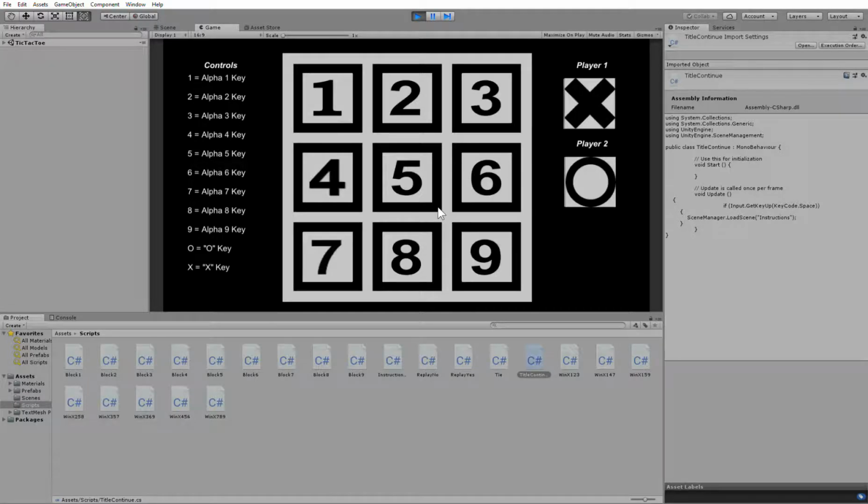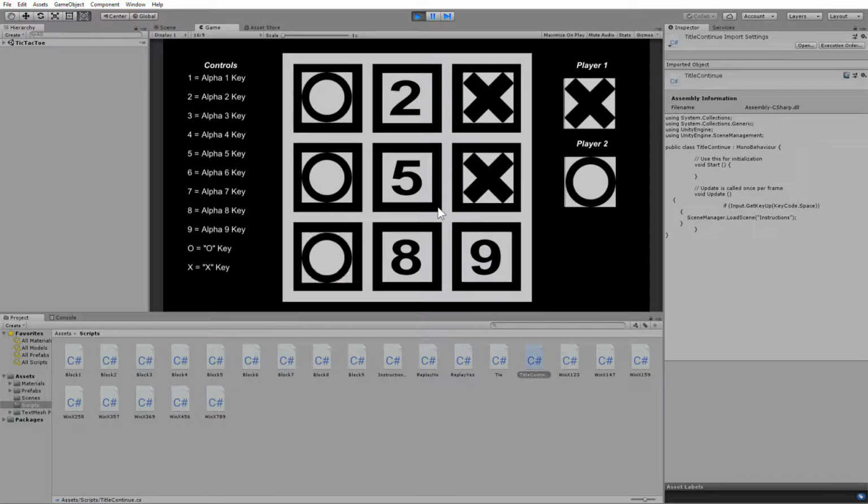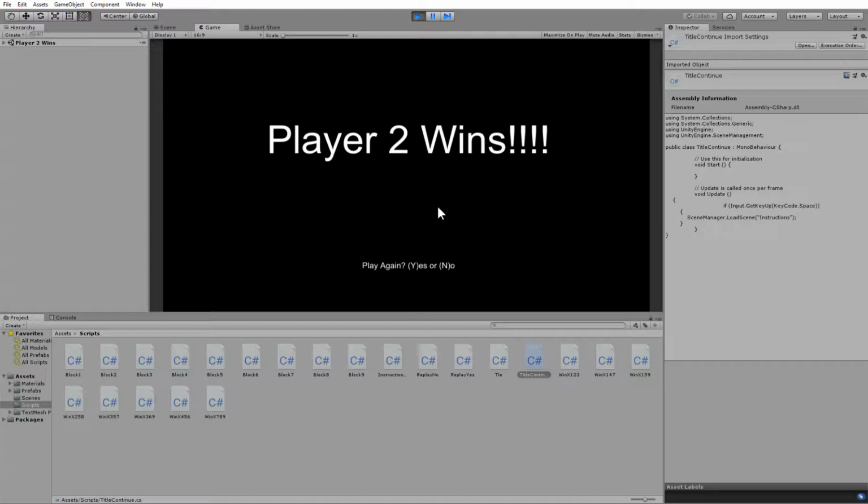So let's try O. Okay, as I say, O can start first too. So let's let O win a round. O wins, player 2 wins. And then it gives you the function once again, yes or no. And you could do this a couple of times